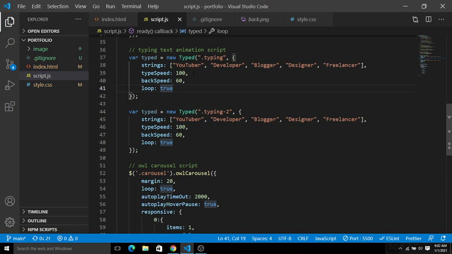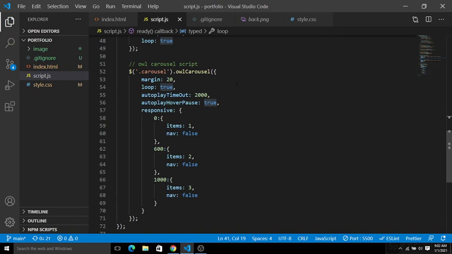You can also add the type speed and back speed here, and to make it run infinitely you can add the loop here. We have used it for 2 times. Now you can see here is the owl carousel script. If you go to the owl carousel website, you can find these things.